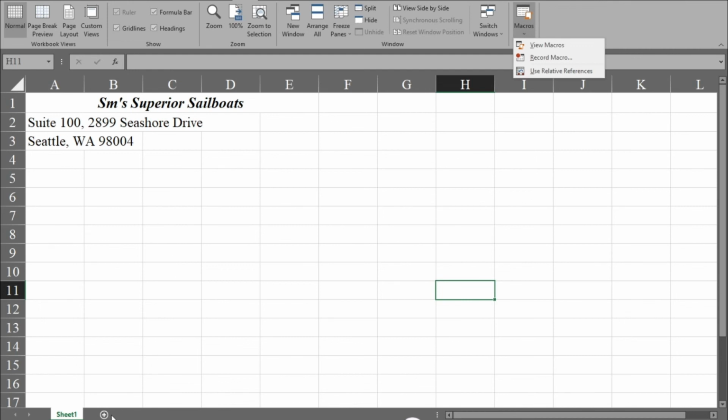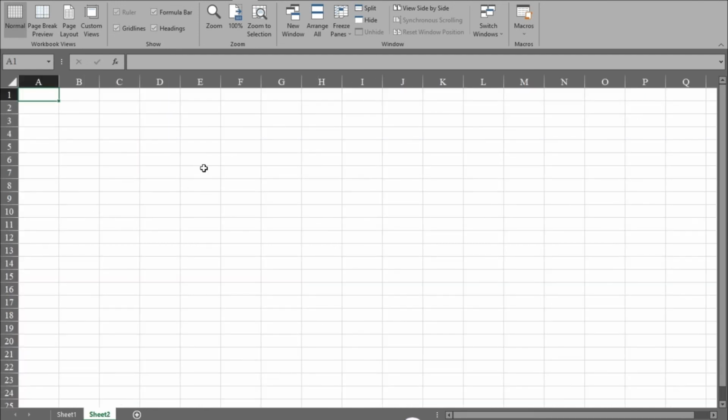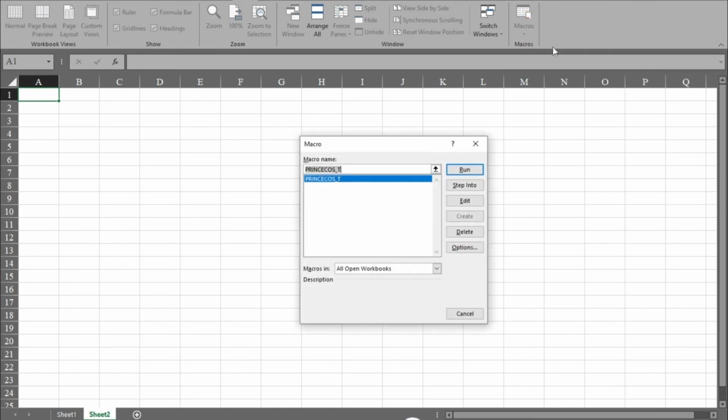I'll just go back and click on the new sheet tab here, and I have a new sheet. So as I have a new sheet now, to play back my macro, what I need to do is look through the View ribbon under the Macros logical group, click on the drop-down arrow below Macros, and click on View Macros. Then you can see the name I gave to the macro when we were recording,